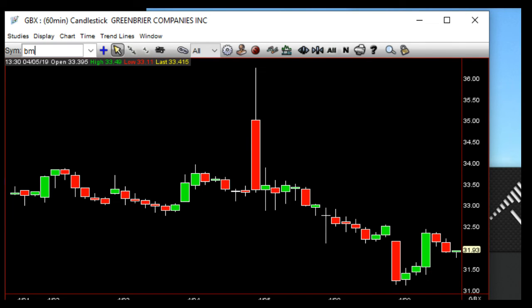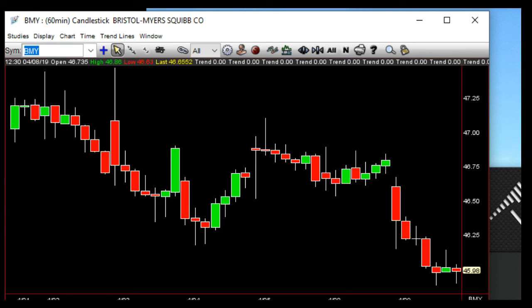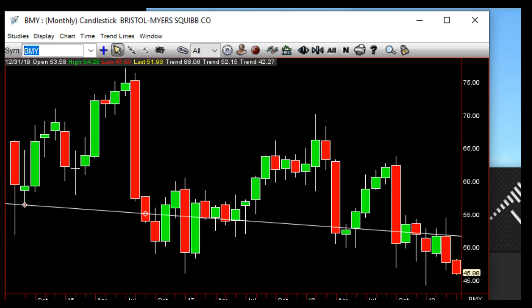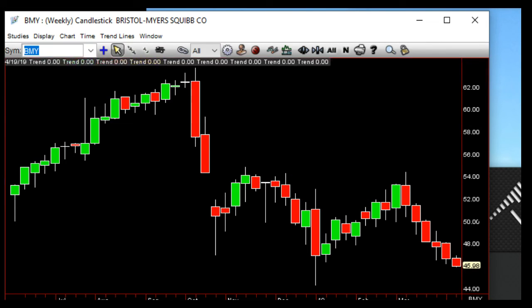You got Bristol Myers having some problems here, too. Bristol Myers going outside month 3-2 to the downside here. And on the weekly, you're just taking them out. So the best thing for Bristol Myers is that you've taken this out, if it wants to try and move higher. Otherwise, this is an old fractal try. You took it out up here. We're going to come down. You can take these guys out.